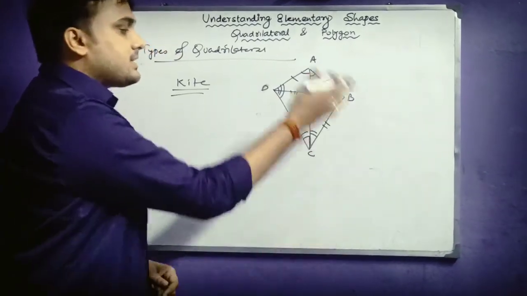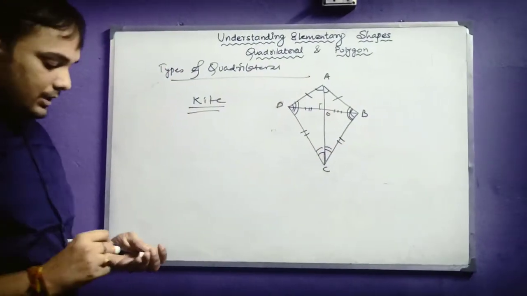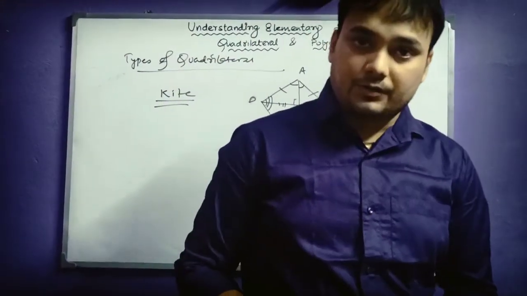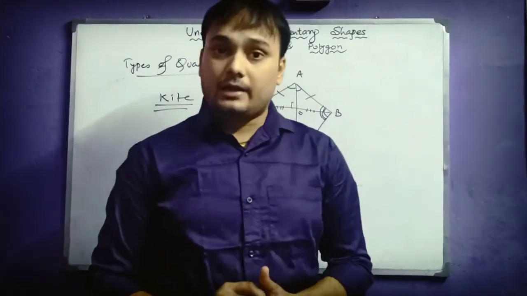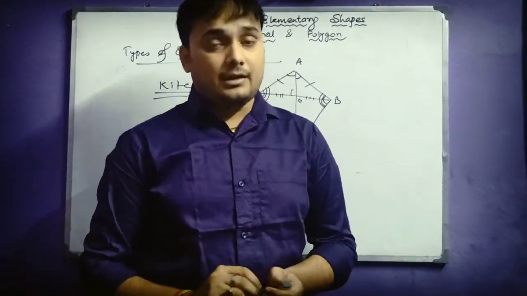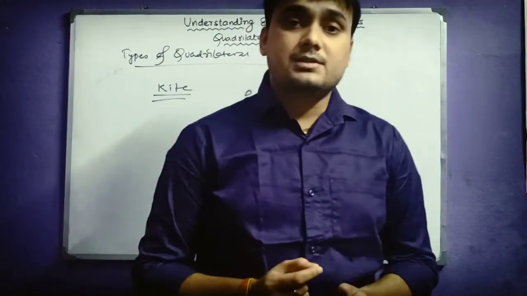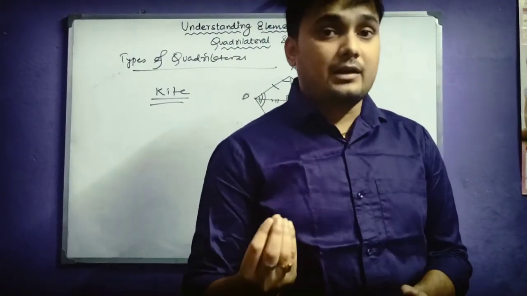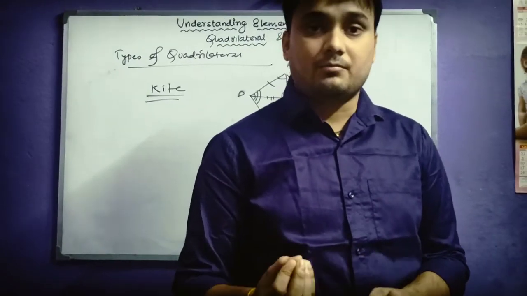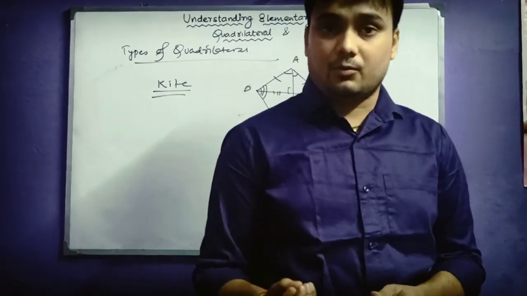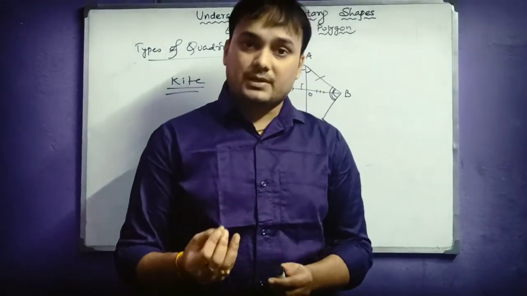So these are the properties of a kite. So students, we went through all the different types of quadrilateral. One thing I would like to add here, which is also very important for your proper concept, is that there are some quadrilaterals which may be included in the others. Like we may say a square is a special type of parallelogram. We may also say a rectangle is one kind of parallelogram. We can also say a rhombus is one kind of parallelogram.